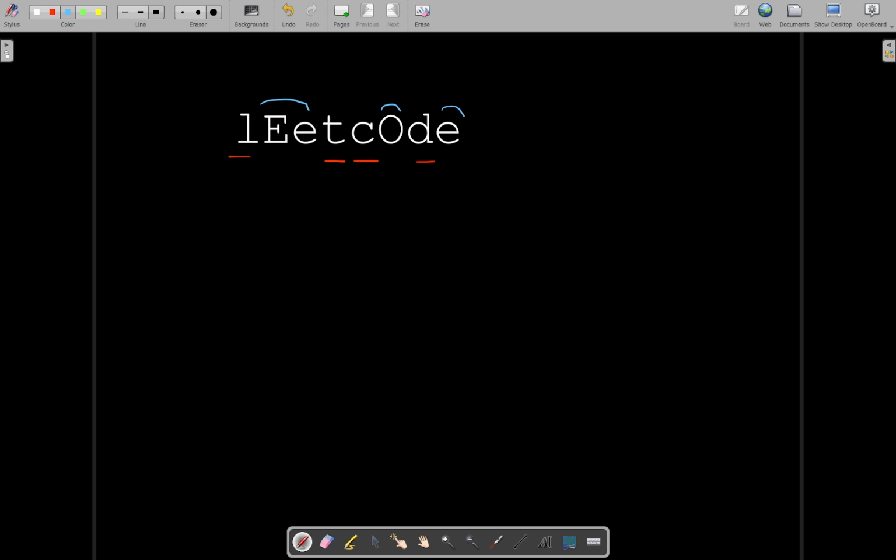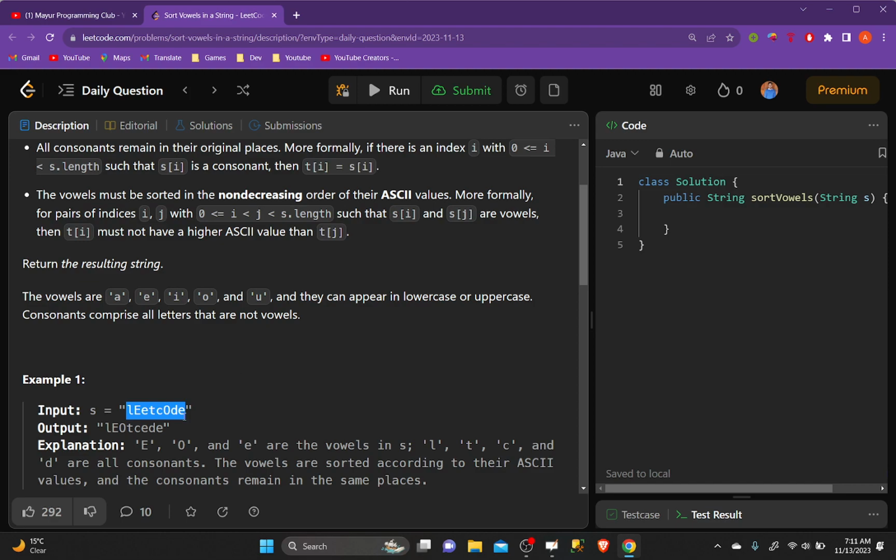E is occurring twice, small e, then capital E is occurring once, and capital O is occurring once. So we will sort this according to the ASCII values, and then we will change their places. So the changed string will be,